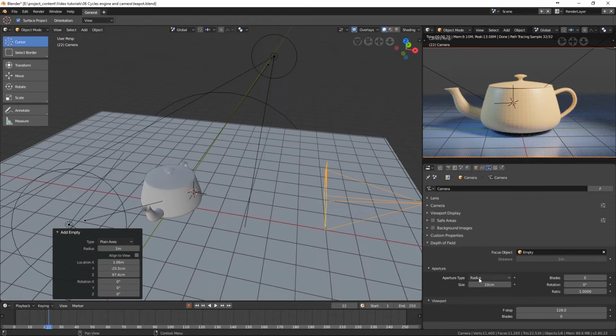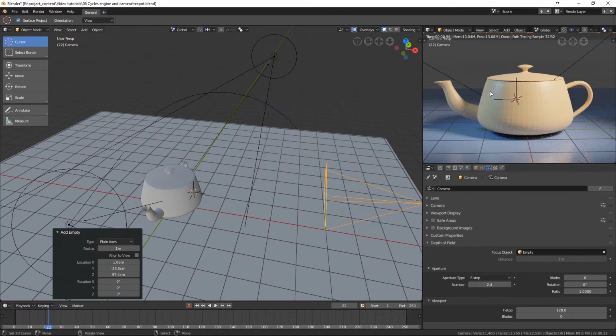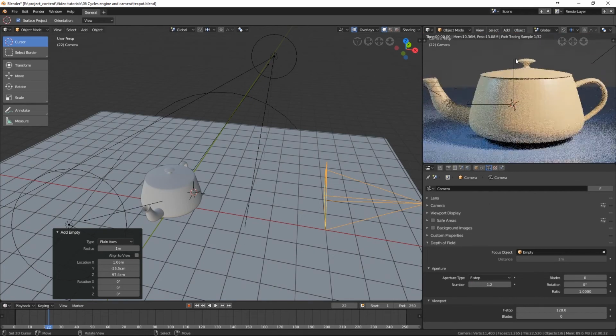Another way you can specify the aperture size is using the f-stop. If you're familiar with DSLR cameras, you might want to use f-stop instead. So let's go ahead and set this to something like 2.4. Okay, the depth of field is not narrow enough. It's still too wide, so I'm going to lower this number to something like 1.2, and let's zoom in to